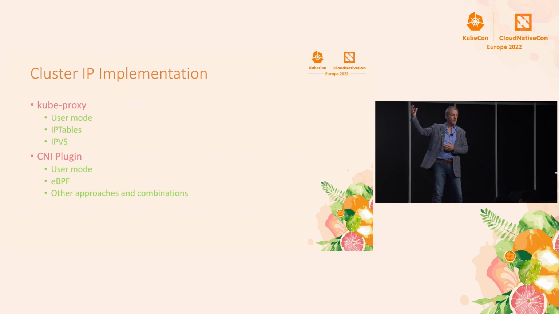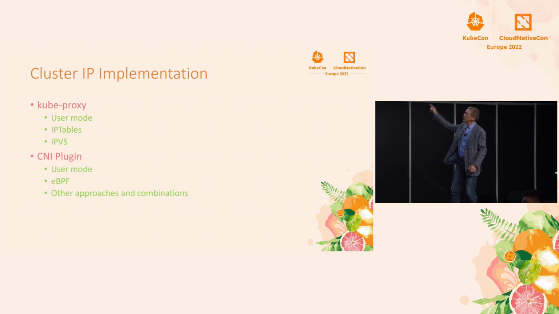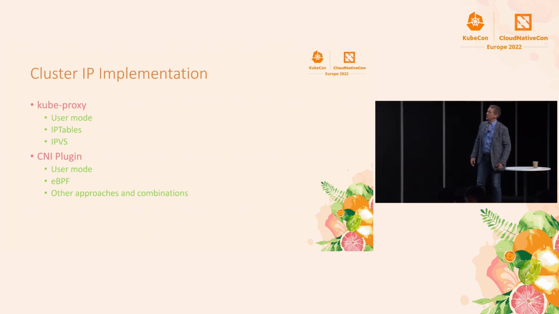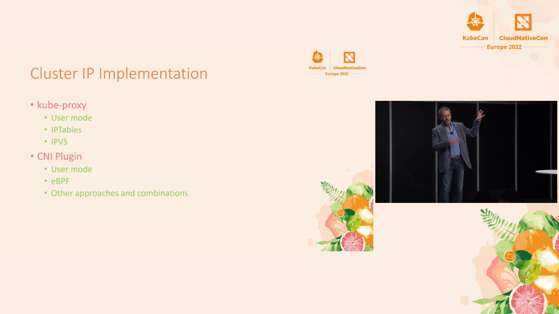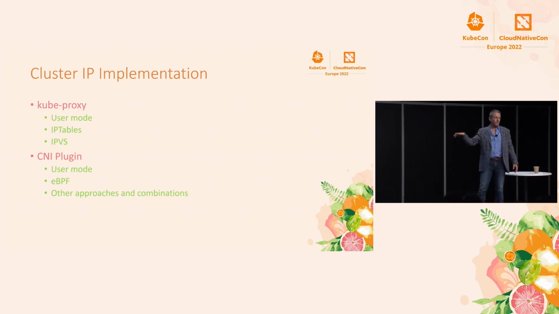If a pod shows up and has the right label, he adds that pod into the mesh. So the kube proxy is the magic. Now, how does the kube proxy make this work? Well, the slowest way is it can do user mode. But this is deprecated, and this was used in the early beta days of Kubernetes, where the traffic would literally connect to the proxy, and then the proxy would make the connection outbound for you. So that's no good, because now you got a user mode process, and your data path is going to be slow. So the next thing we can do is use IP tables.